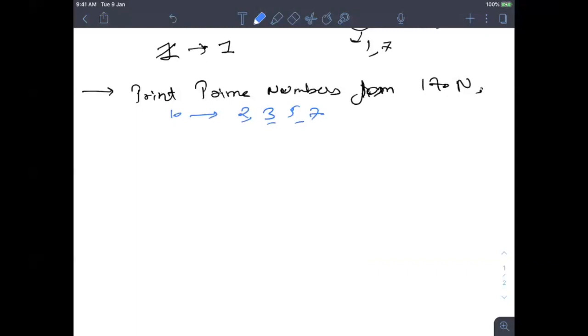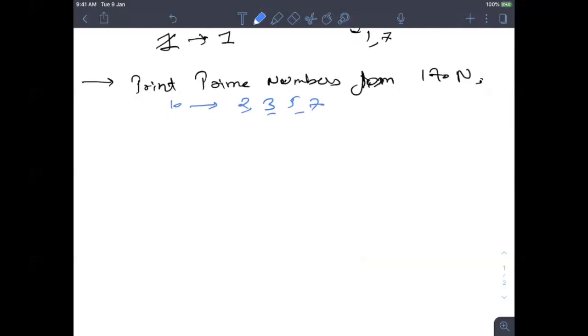Then we see the next number, three. Three is not a factor of two, so it will be included as a prime number, and then we remove all the factors of three till n. Yeah, perfect. It's a very basic approach that we should all know at least.